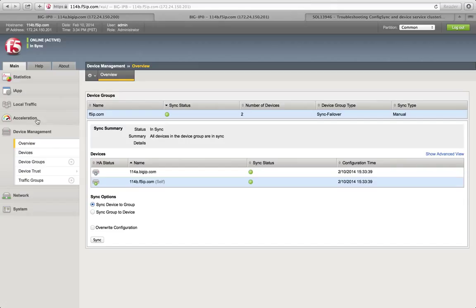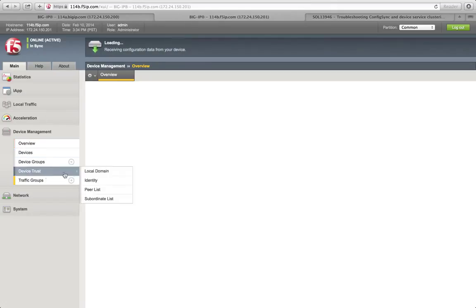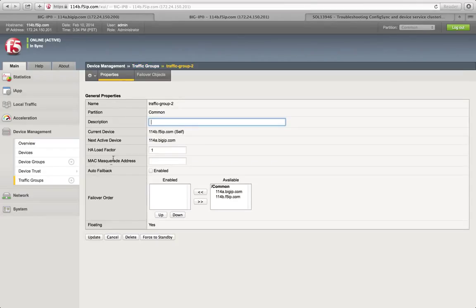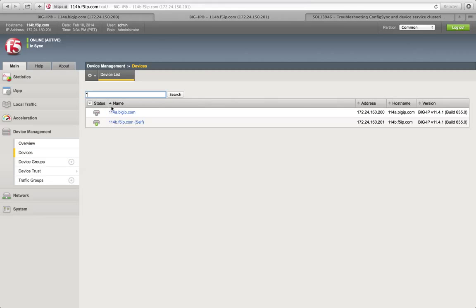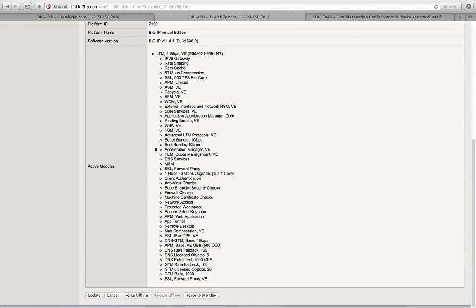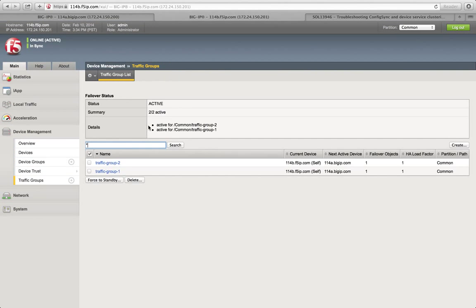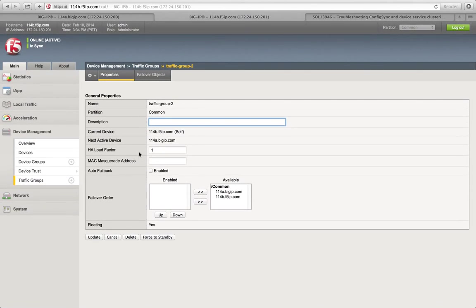Now I could go to traffic groups and go to the second traffic group, or whichever traffic group you like, and then you could say force to standby for this particular traffic group. You don't need to make the whole unit go standby. You could make the unit go standby as well, and it will do it for both traffic groups. Or you could do it for just this particular traffic group. If I choose force to standby and click OK,